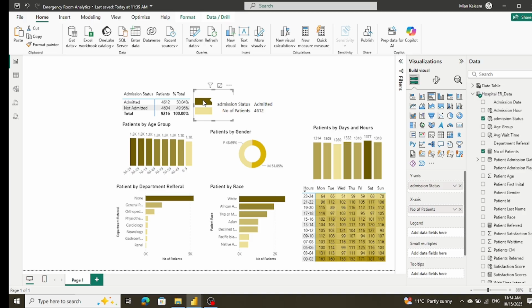Somehow there is a little difference. It's 4612, but the below is 4. Okay, the data is 4612, and it's,